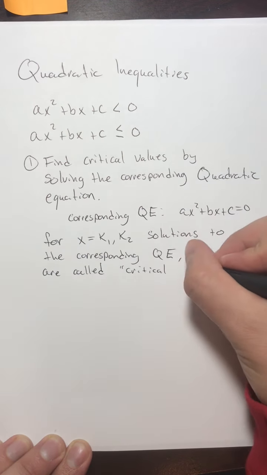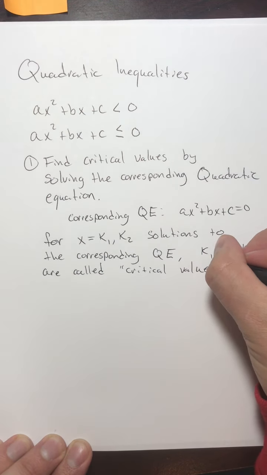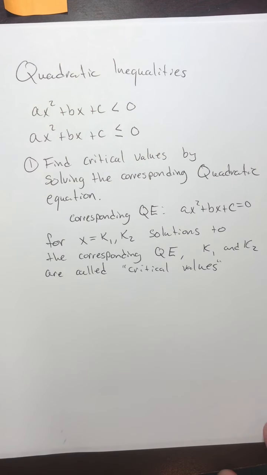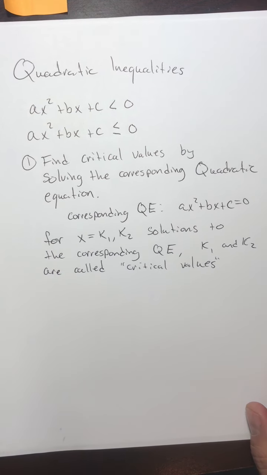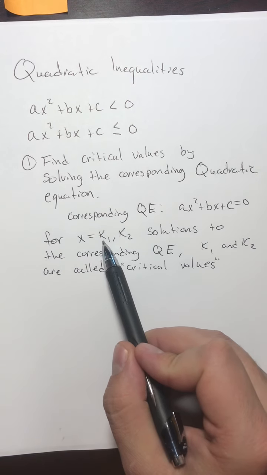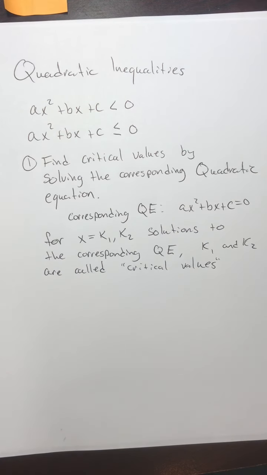So when we find the two solutions to the corresponding quadratic equation, and here I'm picking a generic K1 and K2, those are called the critical values. So those are not the solutions to the inequality. The inequality is going to have an interval, or multiple intervals, that solve the inequality. We are finding the critical values first,